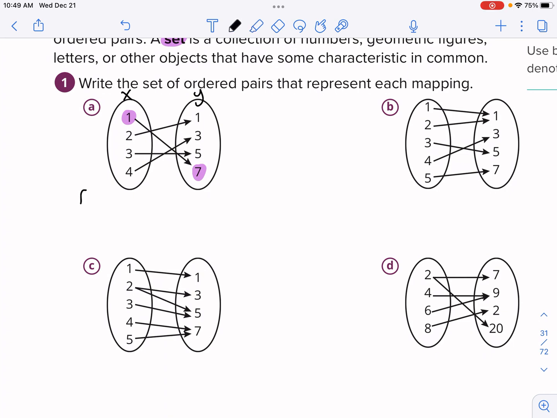That is, I'll put my set bracket first, 1 comma 7. And just keep going, right? The 2 connects to the 1, so 2 comma 1. Next one is 3, 5. And last one is 4, 3. Okay, now the key thing here is based on the number of arrows that you have, that's how many ordered pairs we should have. So we have 1 arrow, 2 arrows, 3 arrows, 4 arrows, and we have 1, 2, 3,